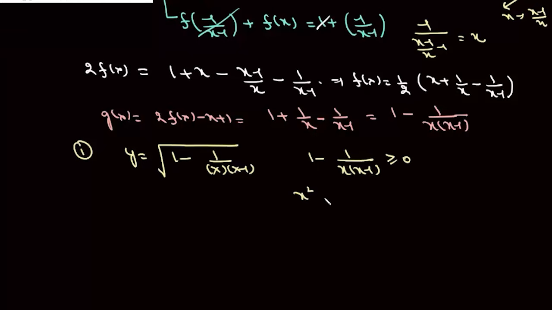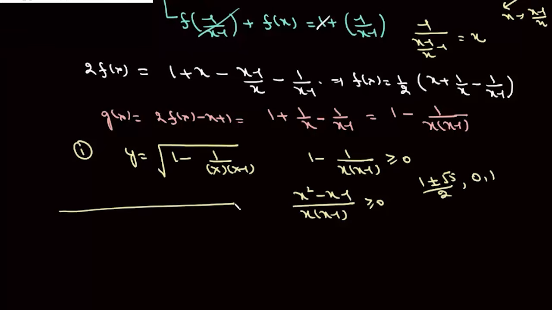So we'll get (x² minus x minus 1)/(x(x-1)) greater than or equal to 0. Now the roots are (1 ± √5)/2, and then 0 and 1. So we'll put them on a number line. This is (1 minus √5)/2, then 0, then 1,